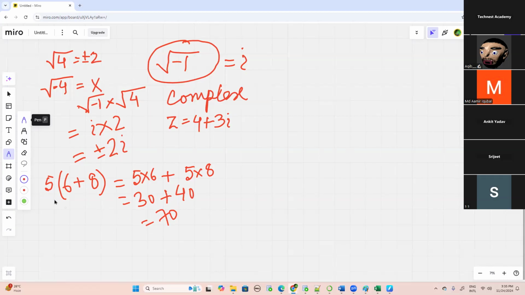Now, what I want to explain here, the underlying concept, is if you have, suppose here, A,